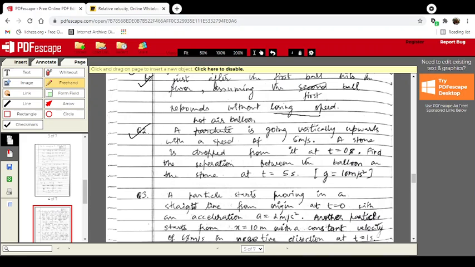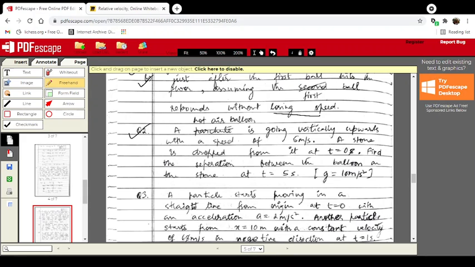But in that approach, we are doing this question in the ground frame, and that would require two equations, right? And require more calculation. So the better approach is to think how I can apply my concepts of relative velocity, or the equation of relative velocity, in this particular question. So let us try.